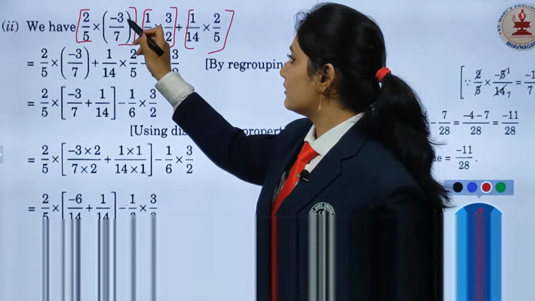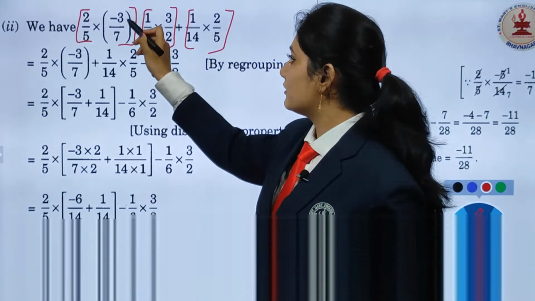Minus 1 upon 4. Now what you can do, see, here also still the multiplication sign is there between two numbers, correct? So we can solve these two numbers more. How can we solve? See, 2 upon 5 into minus 5 upon 14 is there. Now in the table of 2, 14 is coming, so 2 ones are and 2 sevens are, and 5 will be cancelled. So what is left in the numerator? Minus 1 upon, in the denominator is 7. So the answer will be minus 1 upon 7, and minus 1 upon 4 will go as it is at the next step.